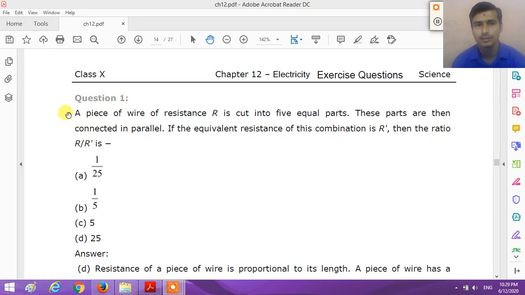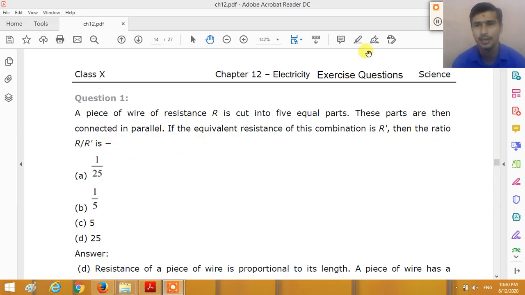Question number 1. A piece of wire of a resistance R is cut into 5 equal parts. So here, dear students, a piece of conducting wire is given to you and cut into the 5 equal parts. Now these parts are then connected in parallel. So all the 5 parts are connected in parallel. If the equivalent resistance of this combination is R dash, then the ratio of R divided by R dash is